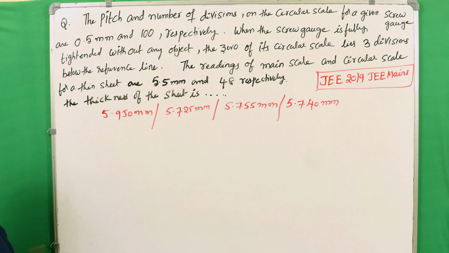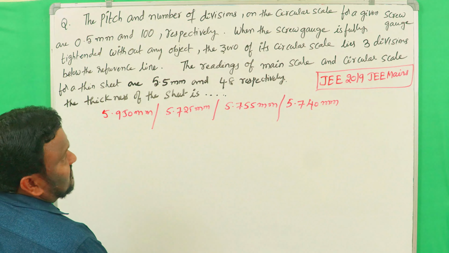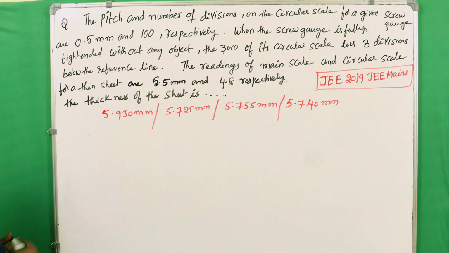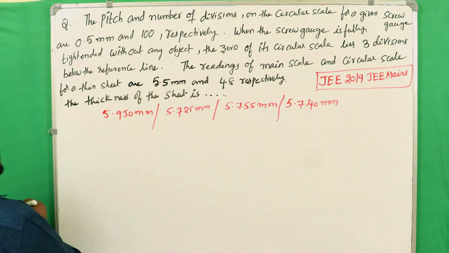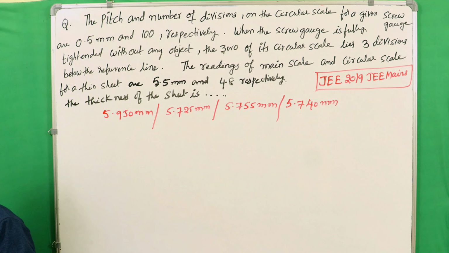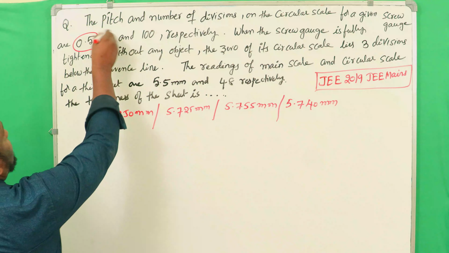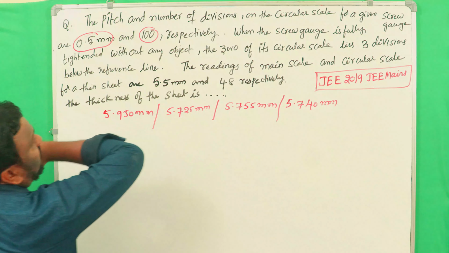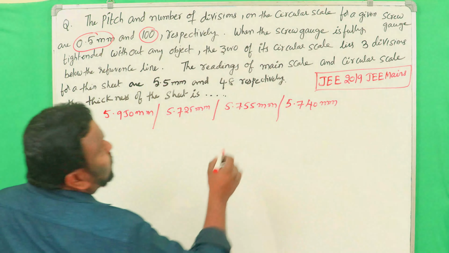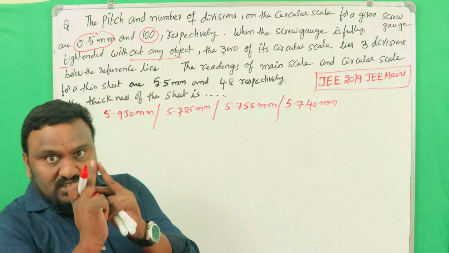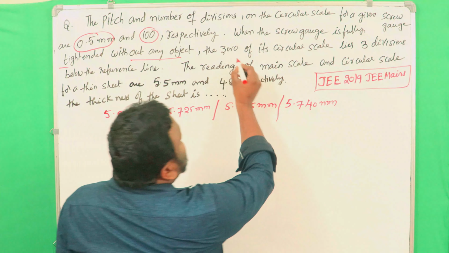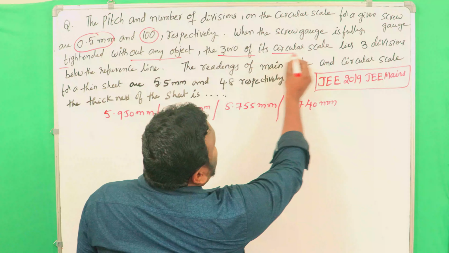and 48 respectively. The thickness of the sheet is, see once again, the pitch and number of divisions on the circular scale for a given screw gauge are 0.5 and 100. What was given? Pitch of the screw is given 0.5 millimeters and divisions are how many? 100. When a screw gauge is fully tightened without any object, there is no object between the two studs and the studs come into contact, then the zero of its circular scale lies 3 divisions below the reference